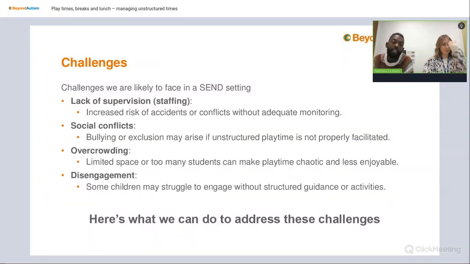Unstructured play and unstructured times does come with its challenges, particularly when we're thinking about settings and how we navigate that. How we manage unstructured play can be challenging in itself, and different schools may take different approaches depending on the learners that you have within your school. So some of the areas that we've identified where it can be difficult, or things that can be challenges: lack